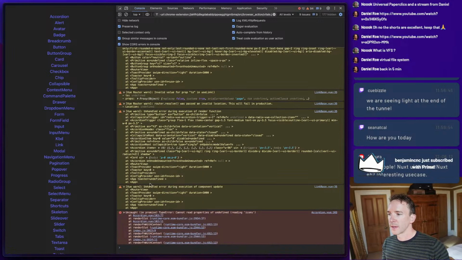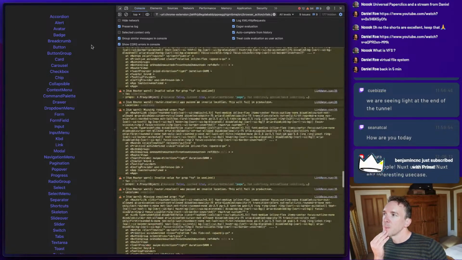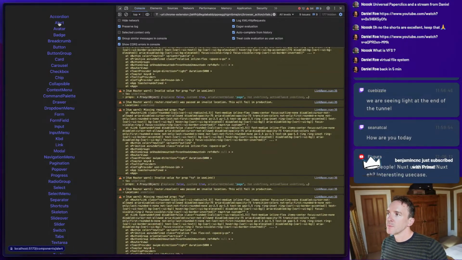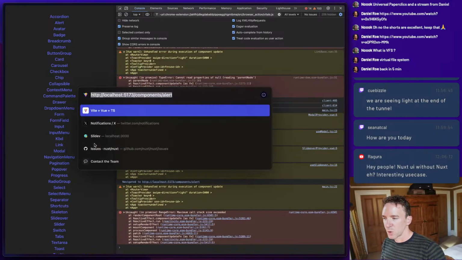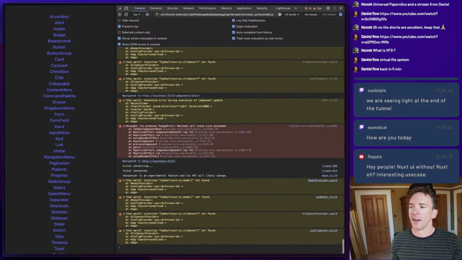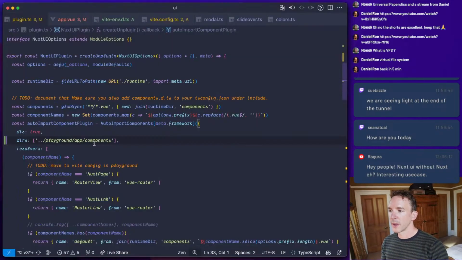We have some issues, like slight differences between nuxt link and router link. Let's go back to our home page again. So actually, I'm going to, what is that? Modal and slide over.